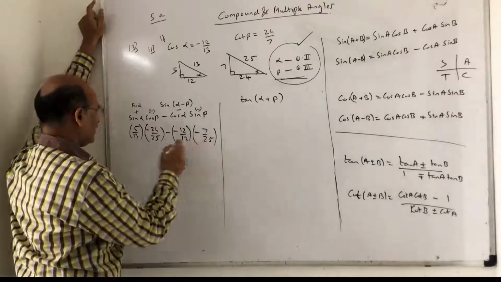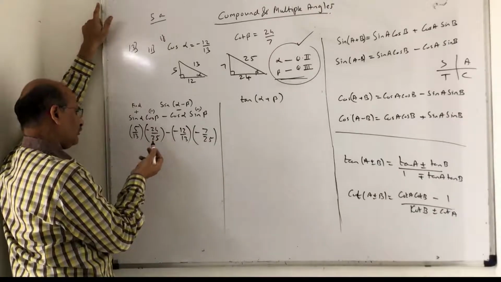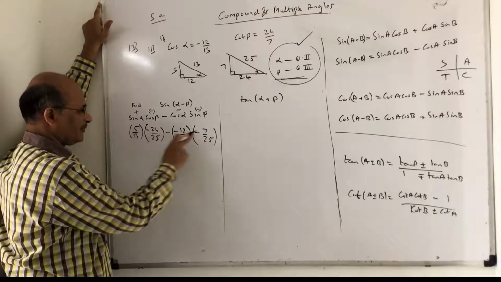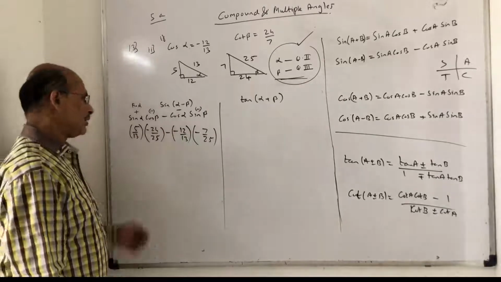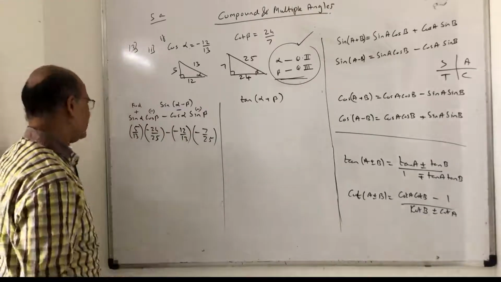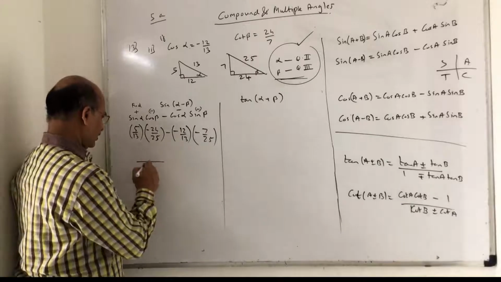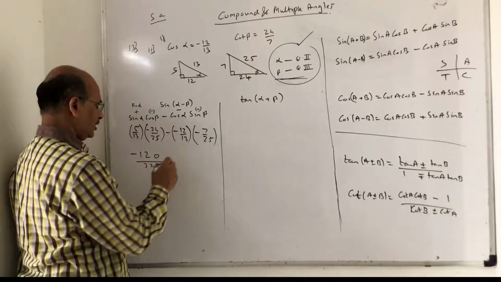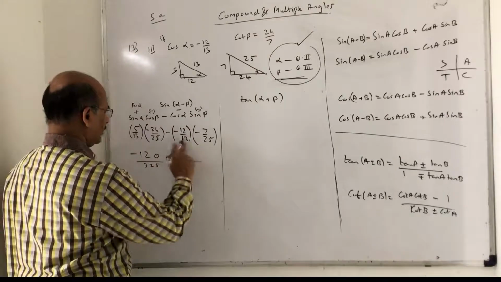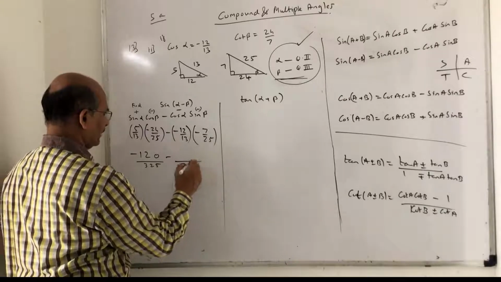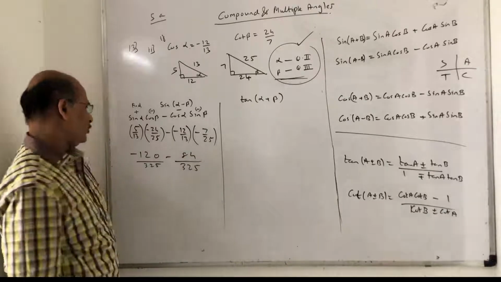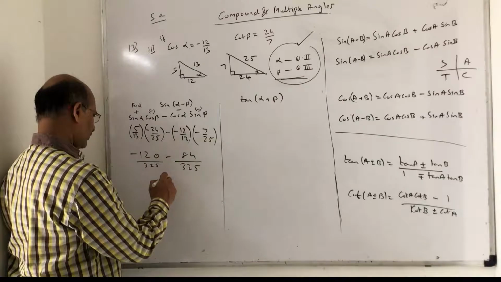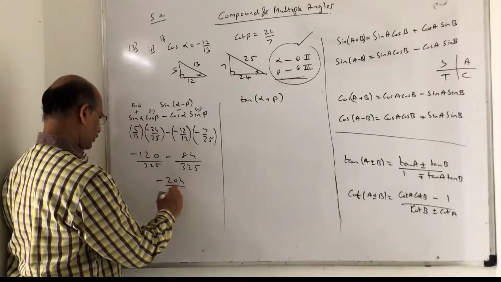Okay, so basically this will become plus. You just have to work out the valuation of this now and see what comes up in the answer. If you want, you can simplify, but don't do it, because both ways are working. You can use the calculator and quickly do it in one step, but I'll show you here. So basically you can see it is 325. 5 4s are 20, 5 2s are 10, 11, 12, so minus 120, then minus into minus is plus, and over 325 just now we found it is 84. So minus 120 minus 84, that is minus 204 upon 325.